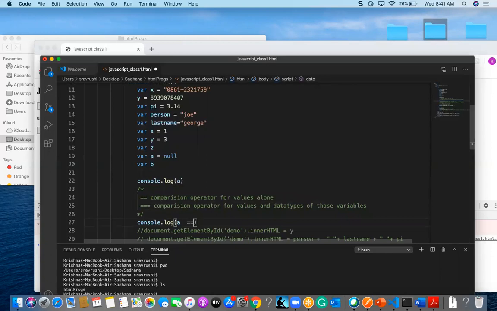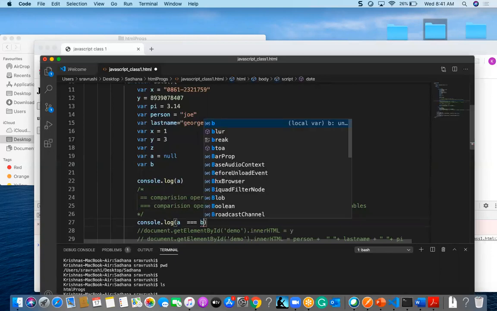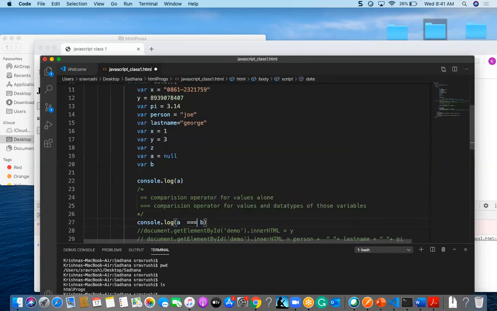I am giving a value equal to b, triple equal to, and also one more, a is equal to b. You will find now the difference between them.